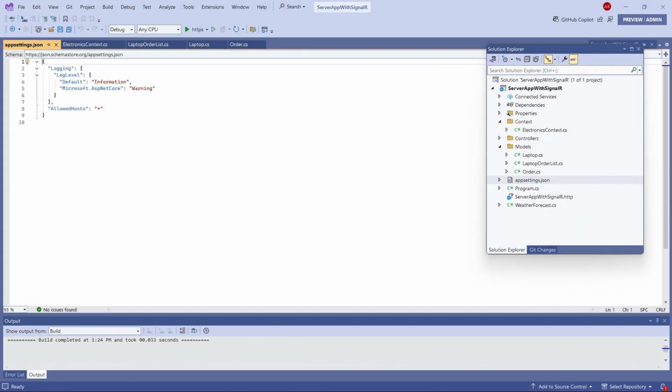In appsettings.json file, define connection string. Data source Alexander, it is the name of SQL server. Initial catalog, it is a database name, electronics. The integrated security property instructs the SQL client to connect to SQL server using Windows authentication through the Security Support